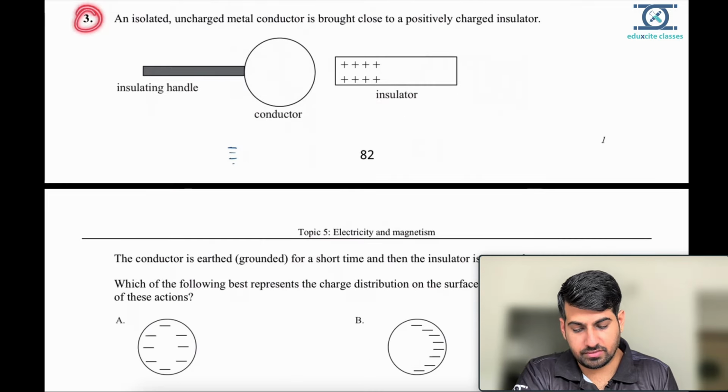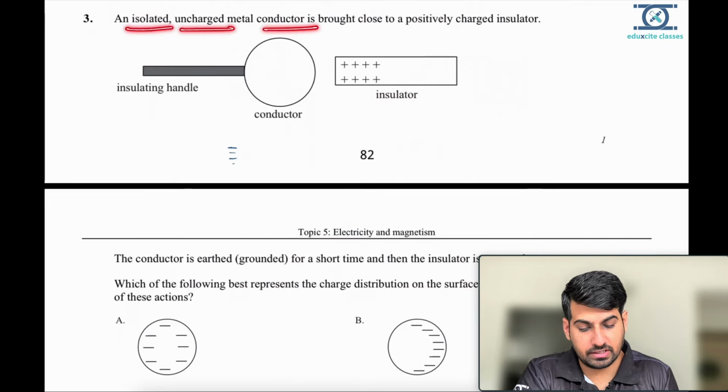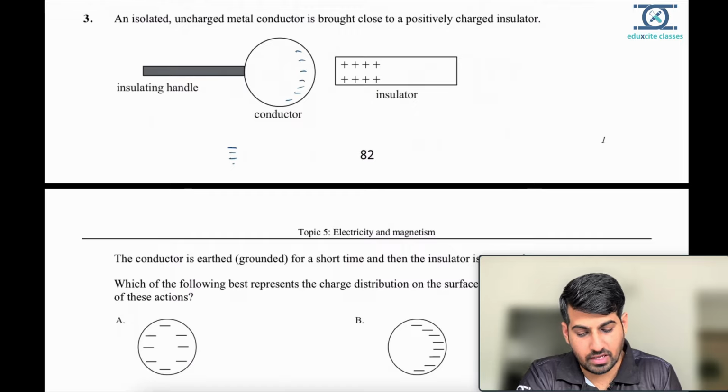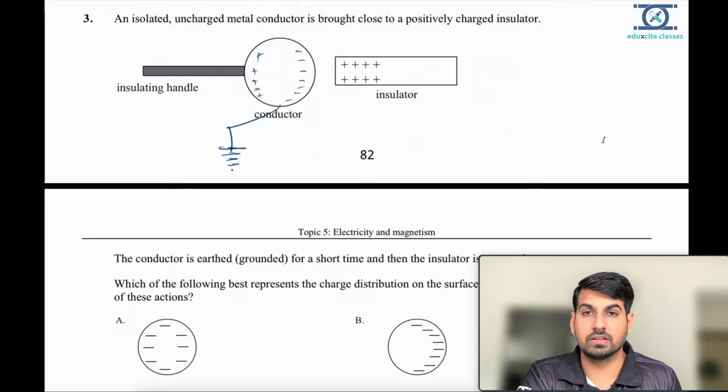Okay, now question number 3. An isolated uncharged metal conductor is brought close to a positively charged insulator. So the same thing will happen. This is positively charged, so negative charge will be here, and automatically positive will be distributed here. Now this is earthed. Earthed means